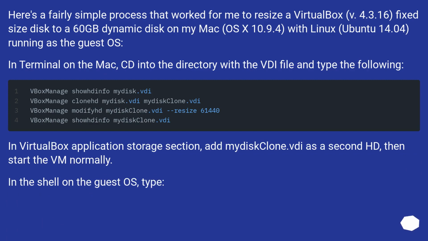Here's a fairly simple process that worked for me to resize a VirtualBox VDI fixed size disk to a 60 GB dynamic disk on my Mac, OS X 10.9.4, with Linux Ubuntu 14.04 running as the guest OS. In Terminal on the Mac, cd into the directory with the VDI file and type the following. In VirtualBox Storage section, add clone.vdi as a second HD, then start the VM normally. In the shell on the guest OS, type